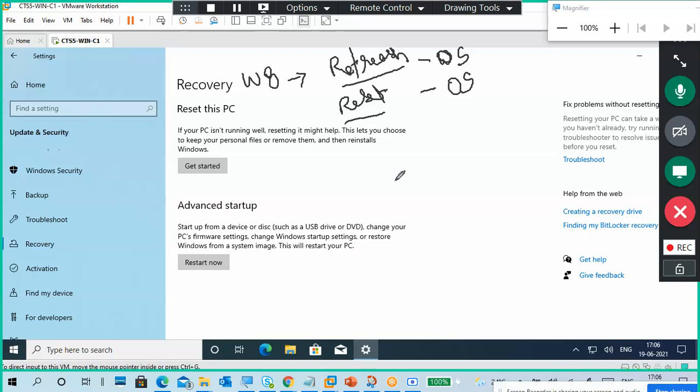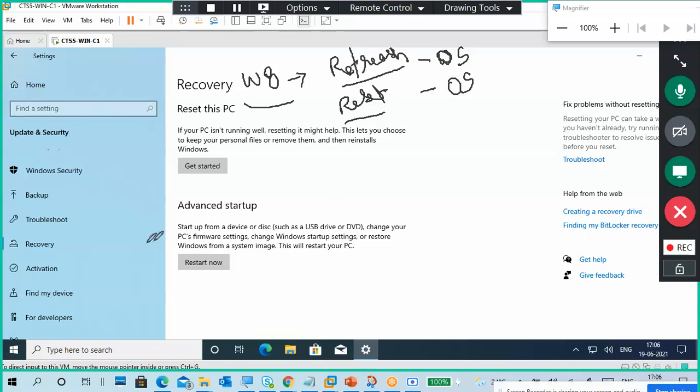When our system stops running, or there are some issues or file system corruption, it may be required to do refresh and reset. When my sister was using this laptop, a problem occurred in this PC, some application issue.